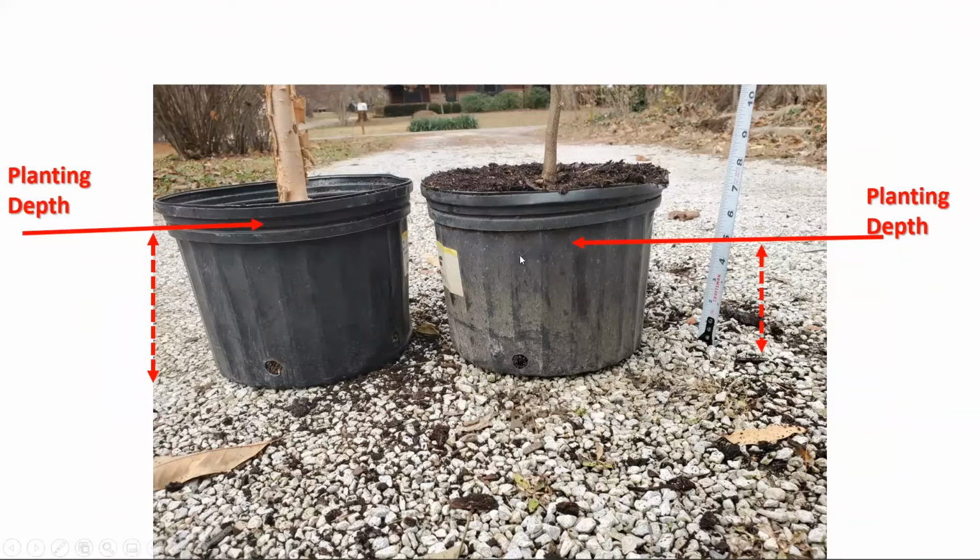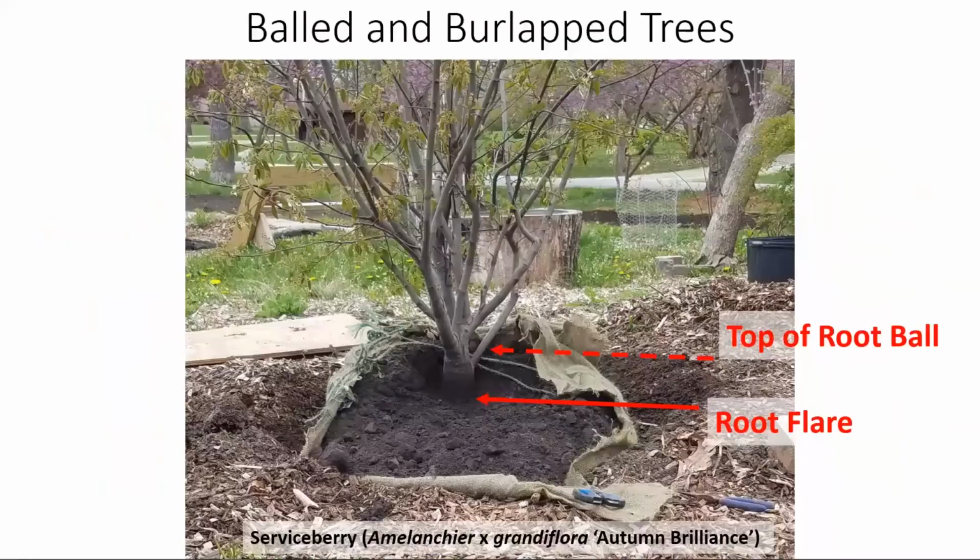But the main thing is, in the end, we hope that root flare staying up as high as we can get it, as close to the soil surface as we can. So now let's take a look at an example of a balled and burlapped plant that I planted just last spring, a serviceberry that I got from the nursery. And if you can see here, I've opened up the balled and burlap, and I wish I would have taken a picture before I started to undo this and had dug the planting hole, but you get busy doing these things and I forget to always take all the pictures that I would want.